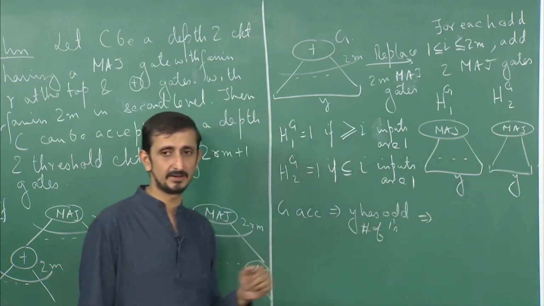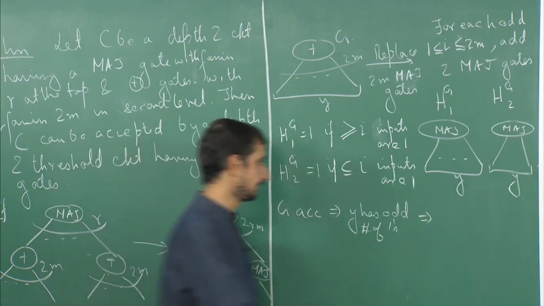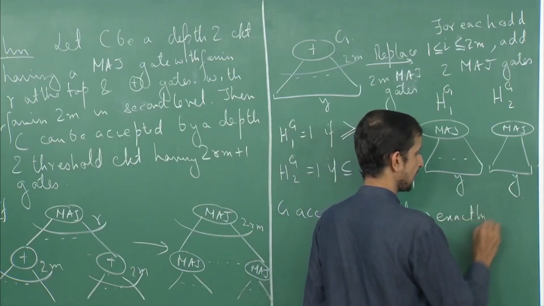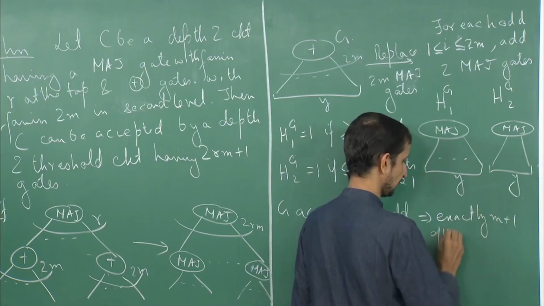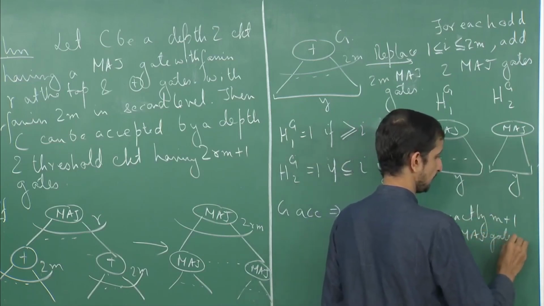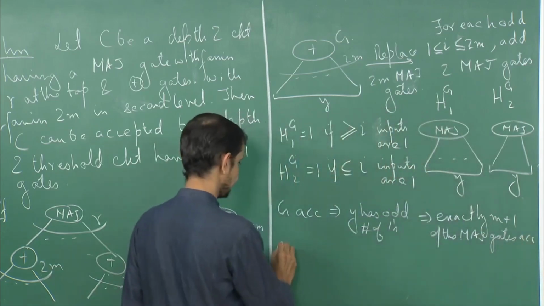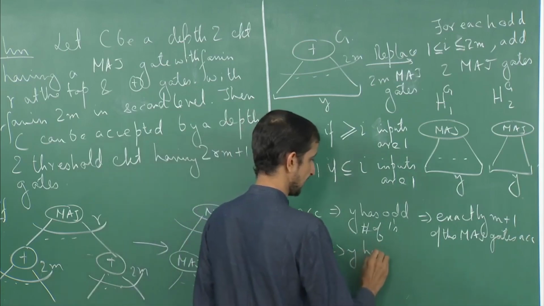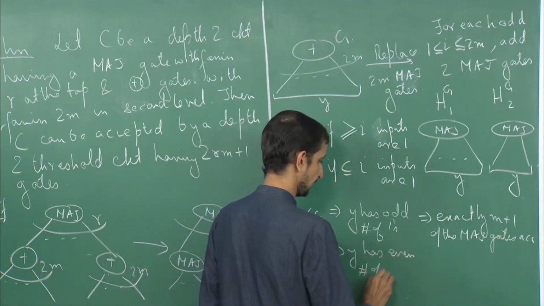So how many gates are accepting in total? M plus 1, exactly. So exactly M plus 1 of the majority gates accept. And if G rejects, which means Y has an even number of ones,